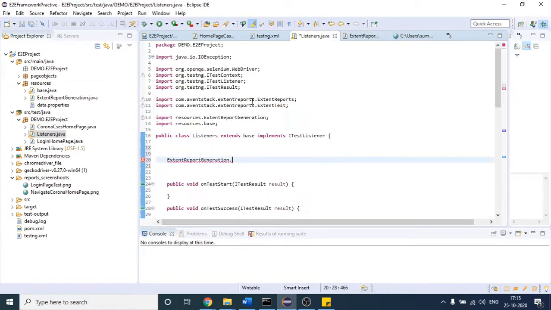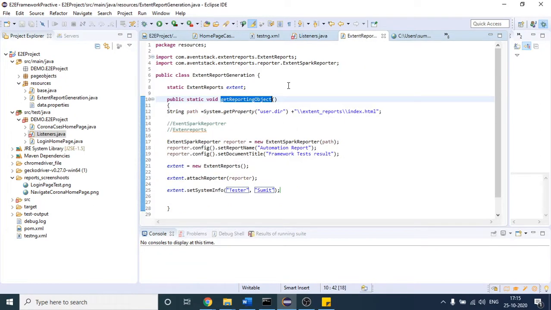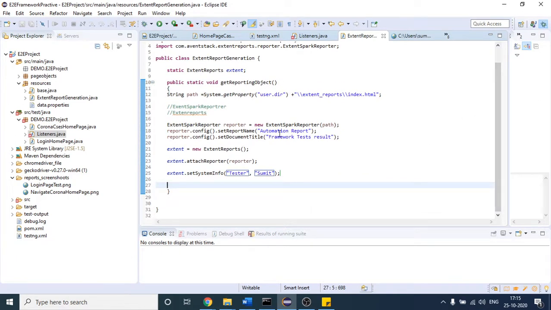So you can right click on it. What is the error? Get, okay, save it. I think everything is correct, but why are we getting this? Okay, let me do one thing. This is going to return me one extent object, but I have not provided the return type. After everything is over, I will just return this extent object. So change the return type of the method as well. This is the return type of the method.